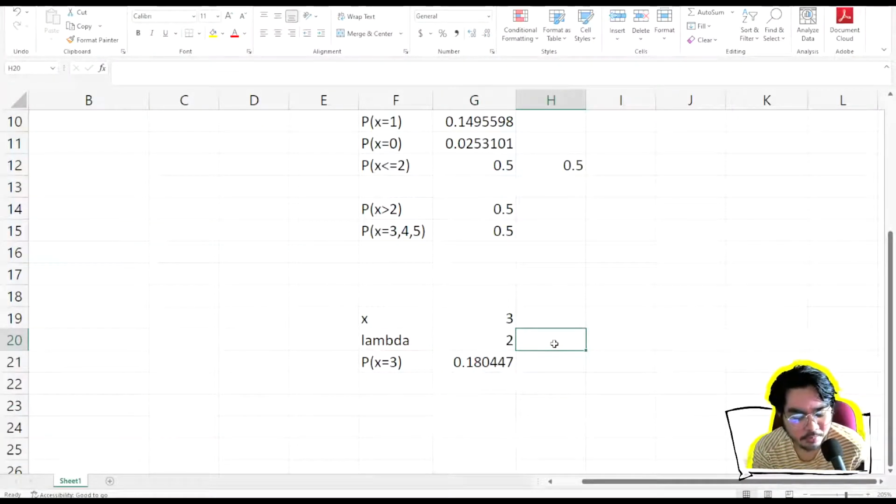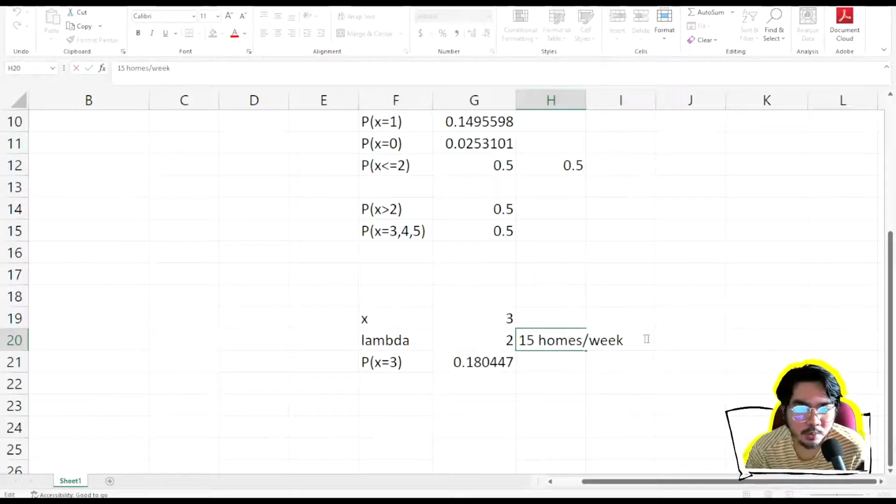Let's just say 15 homes per week. So we convert this 15 homes per week. We need to convert it to homes per day, right? Because what's being asked is a specific day, which is tomorrow. So if we convert this, 15 divided by 7 days gives us